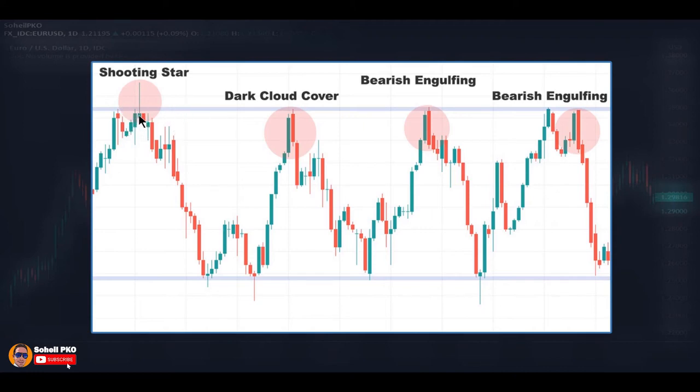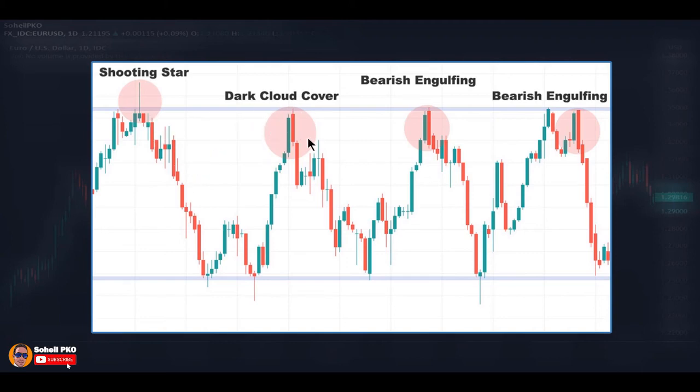Forming this candle at the top shows increased selling pressure, higher selling pressure compared to buying pressure, and because it's near a resistance level, it gives us a potentially higher probability that the price is going to reverse. Or here, as you can see,